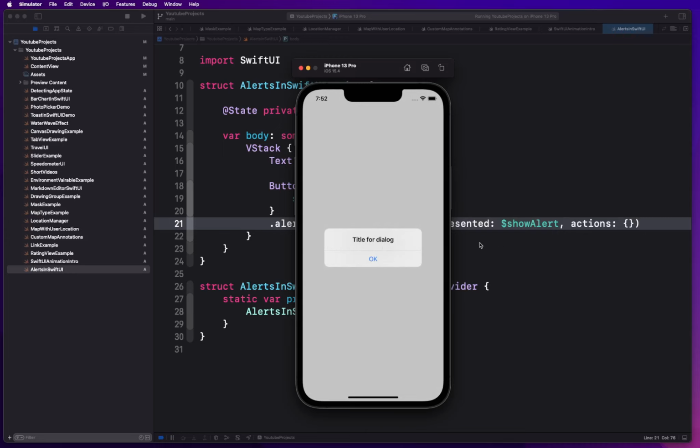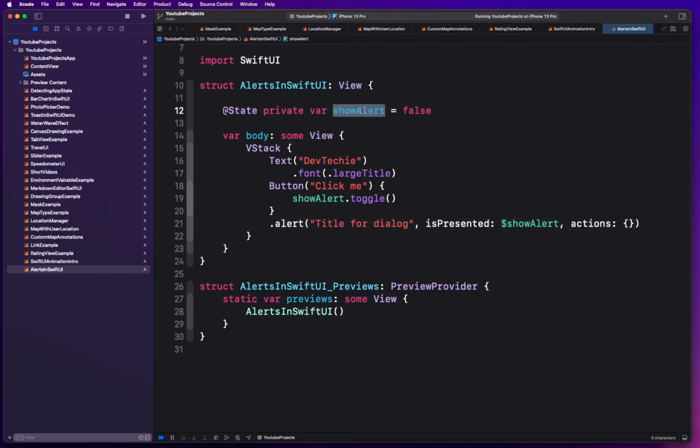So essentially what we're doing is first declaring a state variable that'll be used to bind to the control, which is going to be responsible for triggering the presentation of the alert. Whenever this value is true, then our alert is going to be presented. Now when the user clicks on this button, that's when this value turns true and we show the alert. When the user clicks on that OK button,